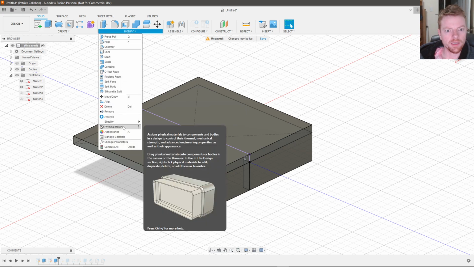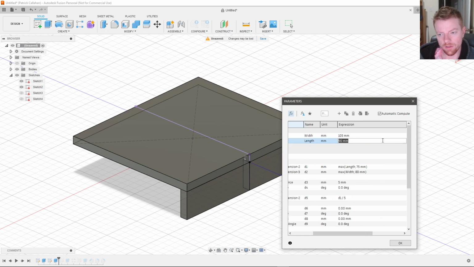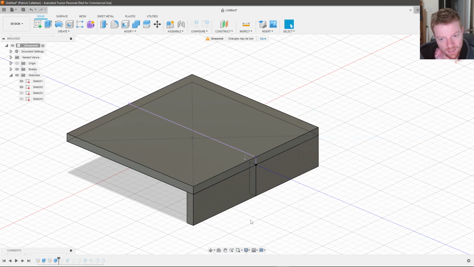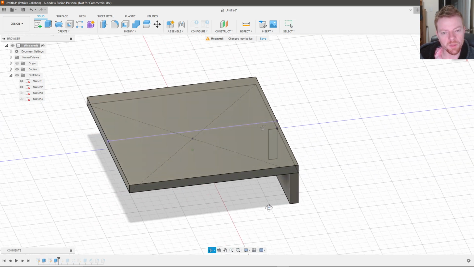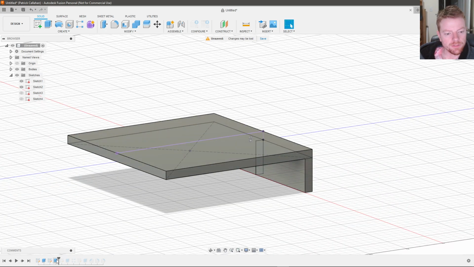And again, if I now change my length to 100, let's say, the height of that other rectangle will update slightly. It wasn't that visible there because I didn't change that much, but the measurement updates because it is dependent on that value. So moving on to the next feature, I added another sketch